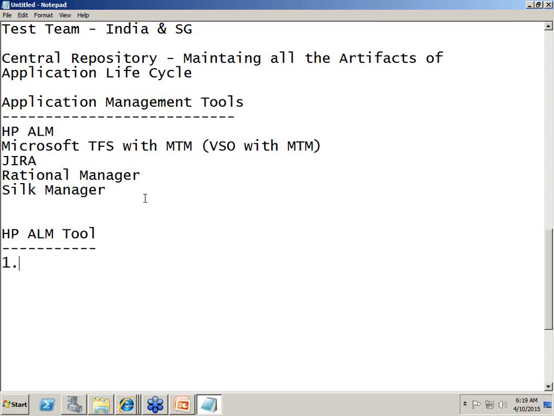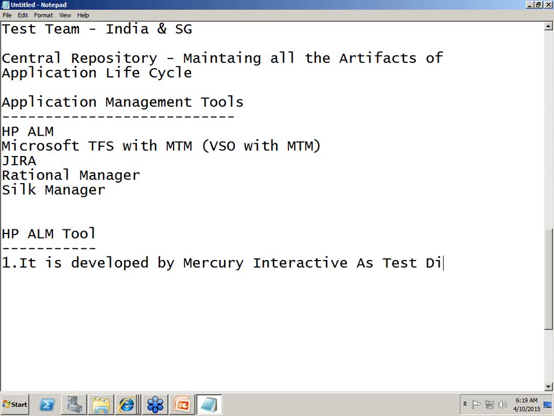So a quick introduction: as we have been naming it, it is developed by HP. Actually, to start the whole history, it was developed by a company called Mercury Interactive as Test Director, way back in 2003 time. I know from almost Test Director 5.0, 6.0 onwards. So it was developed as Test Director, and then